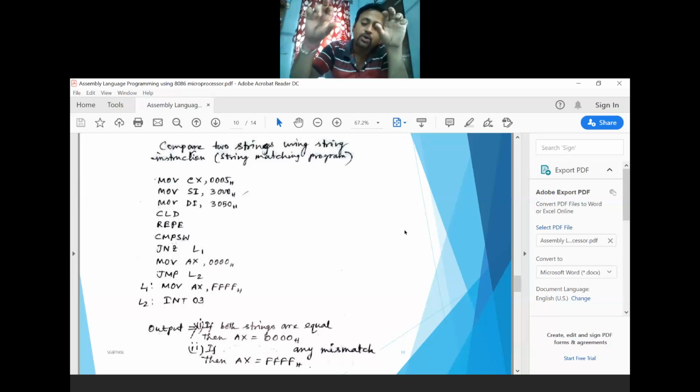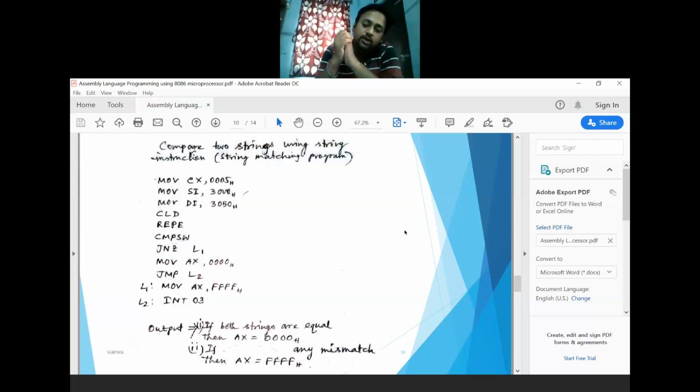You have to compare this string with the other, so that if all of these data bytes are equal, then your result should be shown as 0 0 0 0. If any one data byte between these two strings is mismatched, then your result should be shown as if.